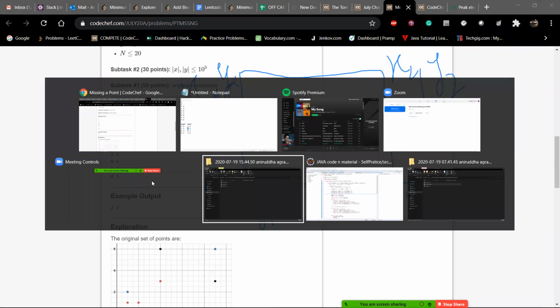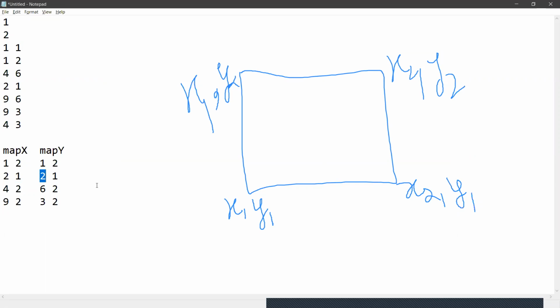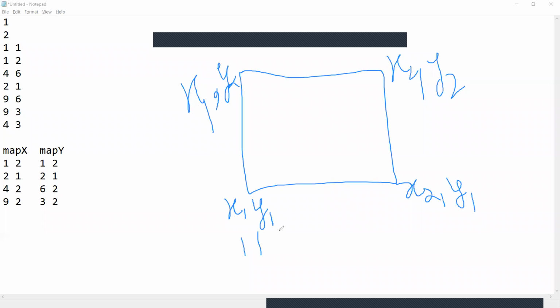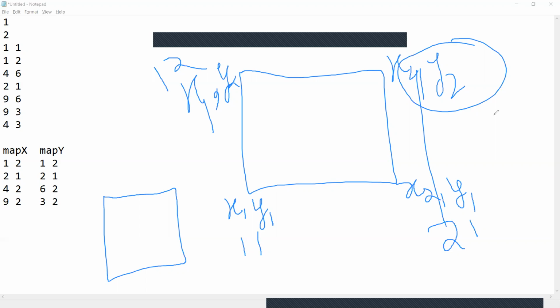This is the clue of this question. Checking the vertices: 1 comma 1, 1 comma 2, 4 comma 6 and 2 comma 1 are given, so the missing vertex is the one whose x and y counts are odd, and I return 2 comma 2.